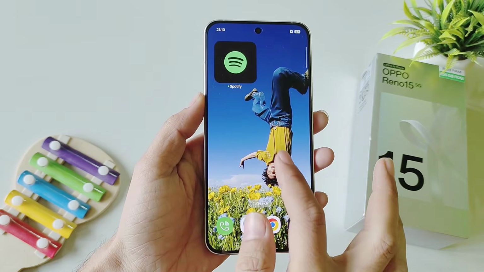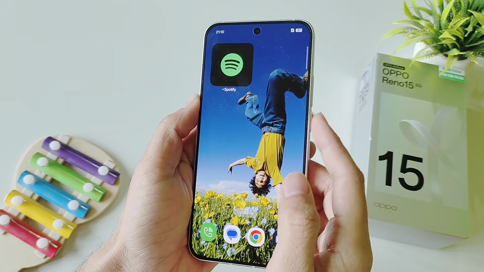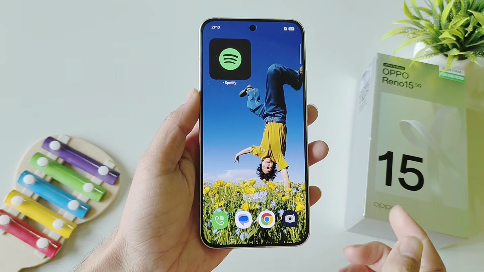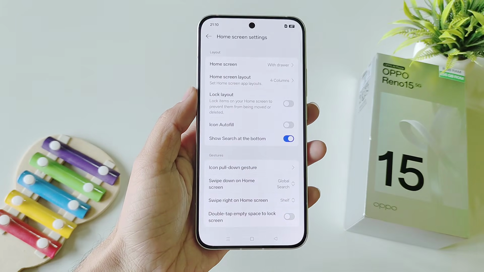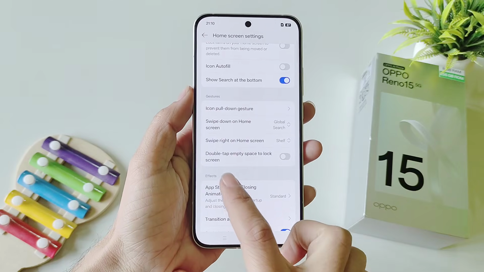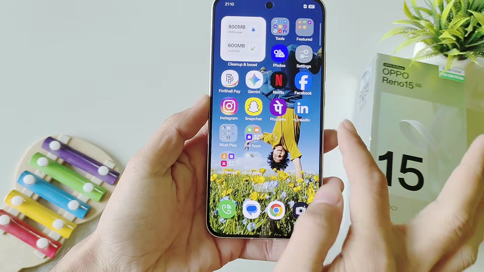You can enable the double tap to lock and double tap to wake your screen up feature, so you don't have to press your power button to lock your smartphone and wake your screen up. To enable this, tap and hold on your home screen, select home screen settings, scroll down, firstly enable double tap empty space to lock screen, then come back and open your settings,